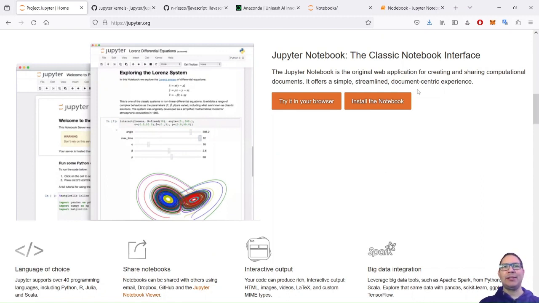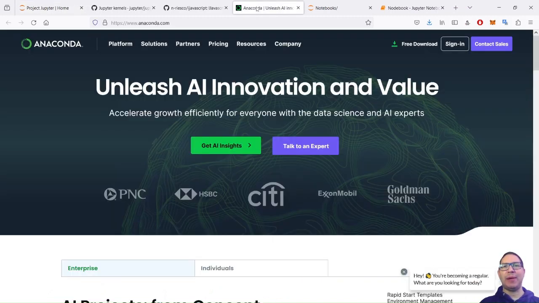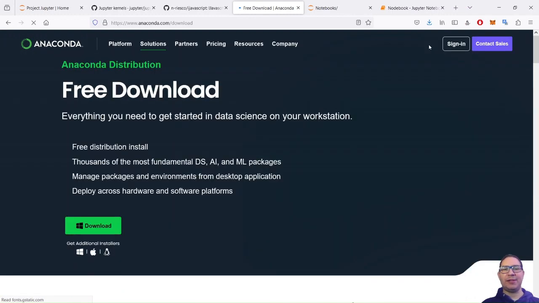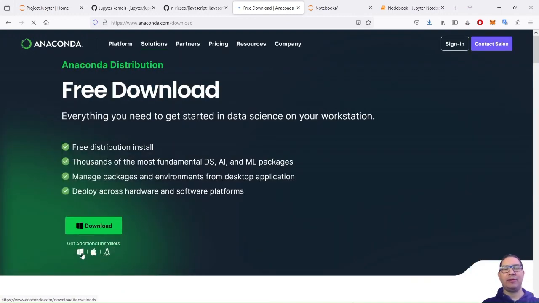All right. So as I said, we need to install a Python distribution. I decided on my Windows box to install Anaconda, which is a well-known distribution coming from the data science domain also. It's open source, it's free, and we can download it. It's available on Windows, macOS, and Linux operating systems.